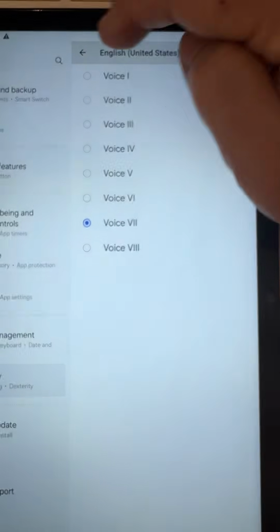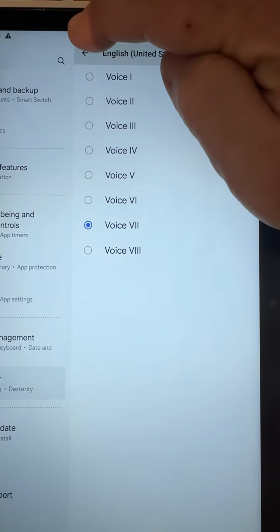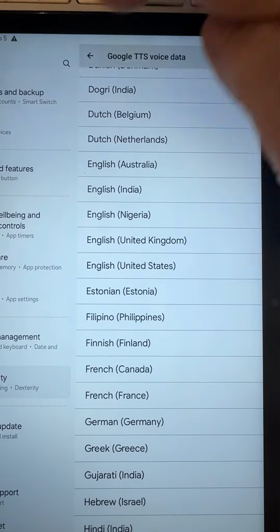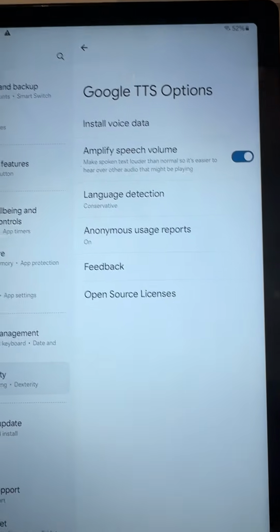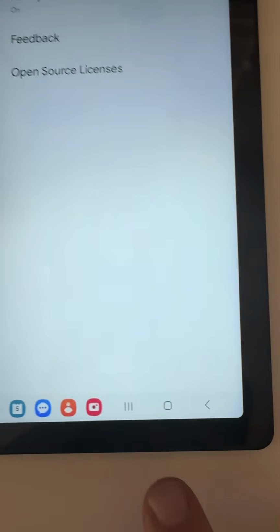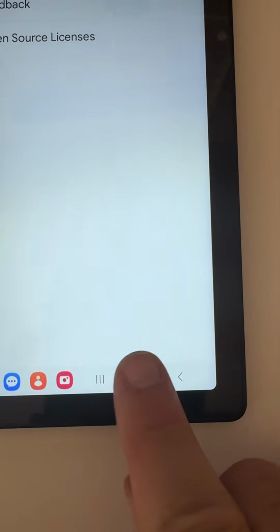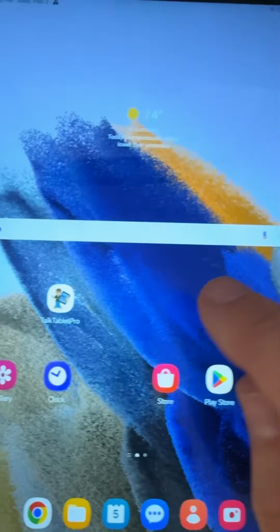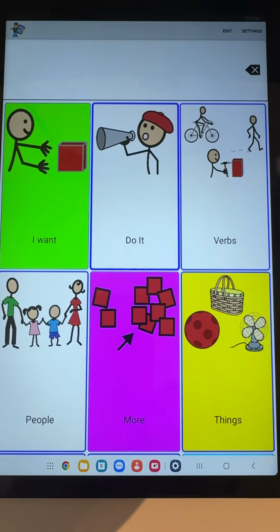If you like the voice, press the back arrow here, the little left arrow, touch that. And then you can come down here at the very bottom and exit right out of, hit the little square, this one here, take you right out. If you want to then restart TalkTablet, and what you will hear is,